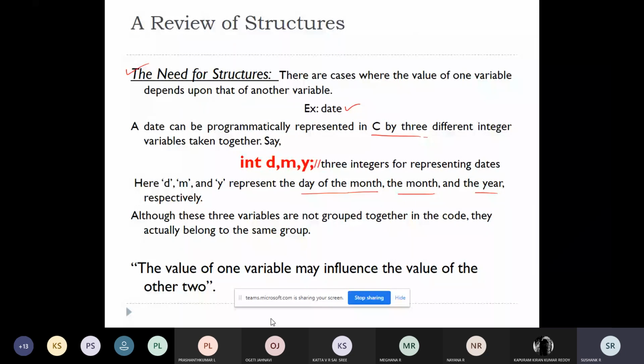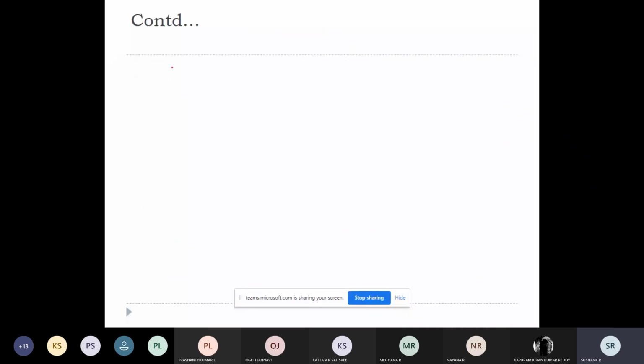For example, three variables are there: date, month, year. The value of one variable will influence the value of another variable. D will influence the value of m, m can influence the value of y. So I will write a function called next day.